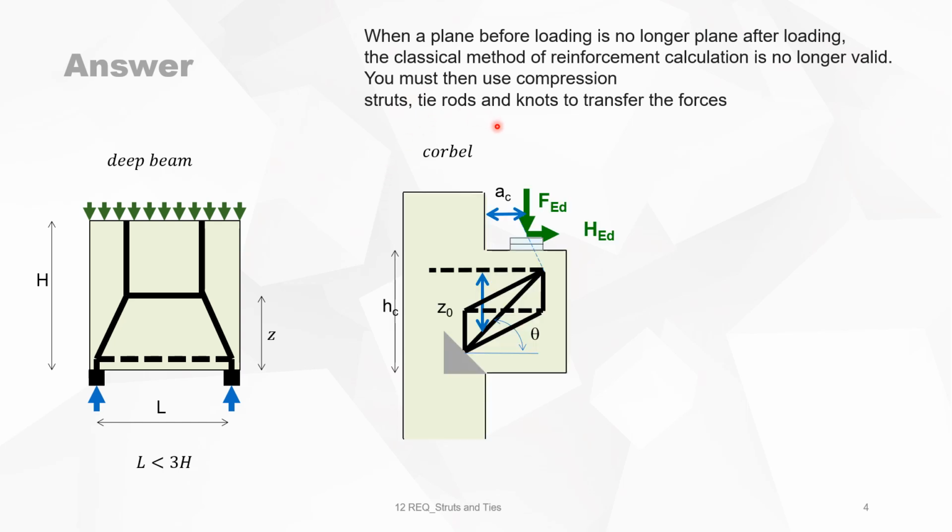Then you have the case of a corbel. For a corbel, the forces FED and HED act on the support here. Then the resultant of FED and HED follows this blue line. When you reach the reinforcement on the top of the corbel, then you have the tension rod. Then the compression rod will directly divert the forces to the column in this